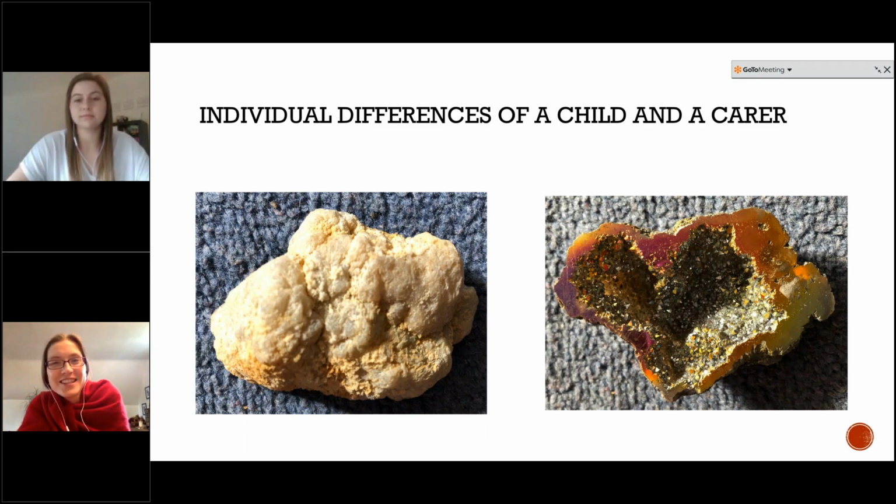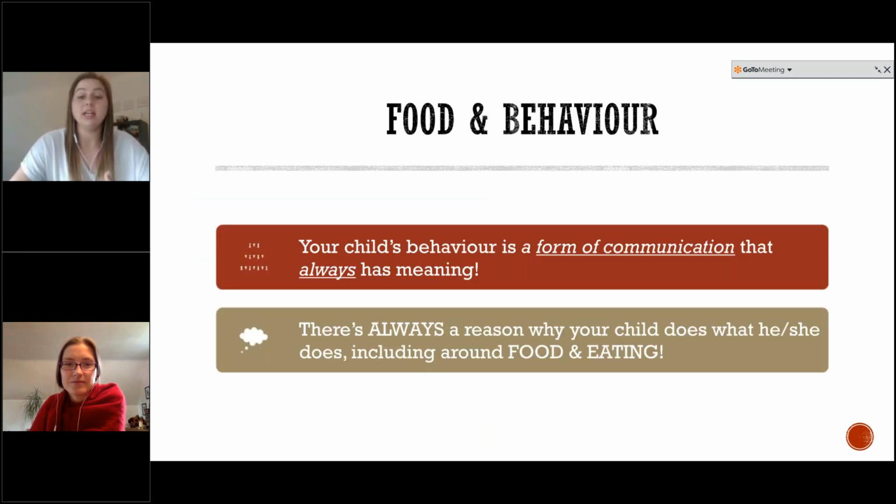And the inside of the stone suggests it's just the detective work of how can I find out about the child's experience? So that's just a metaphor and visual help to think there can be something really beautiful and special inside. So it's worth looking in. Absolutely. And just touching upon it again, the behavior that they're showing you does mean something. So there is a reason why something is occurring at the dinner table. There's something behind it. So that's what we're here to look into, and also what can we do to help